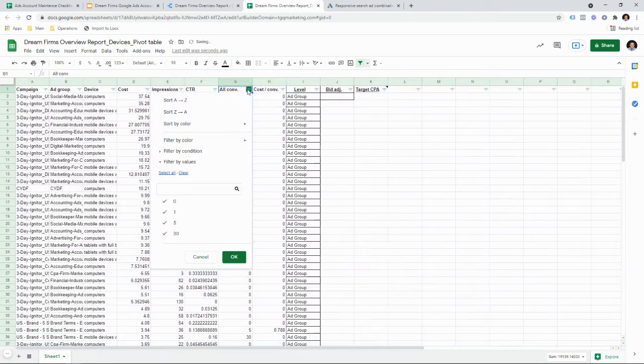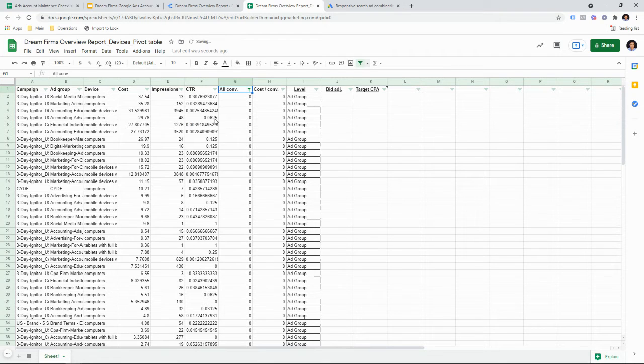filter out, clear. So just look at the zero cost ones first, and then you do a negative on them, so the bid adjustment. Say, for example, our target CPA is 30 bucks, and we already spent 37 here. We do a bid adjustment of -10,